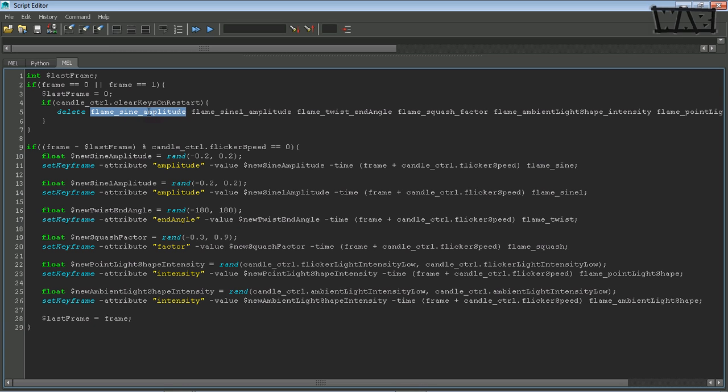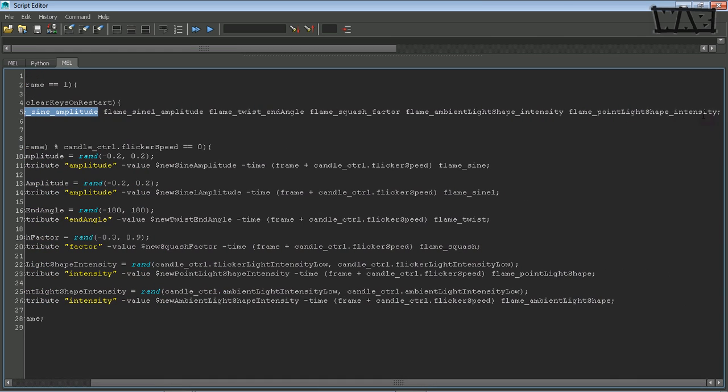This node exists and is animation for the flame_sign node's amplitude attribute. So I've got a list of these: flame_sign_amplitude, flame_sign1_amplitude, flame twist angle, end angle, flame squash factor, flame ambient light shape intensity, flame point light shape intensity. So to delete all